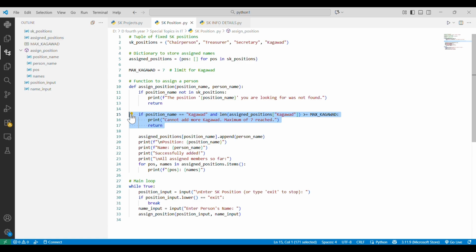Then we add the person to the dictionary list for the position, and print the position, the name of the person, and all assigned members so far. If the user inputs an existing position from the tuple, the user needs to enter the position and the name, and after that it will print successfully added. Input loop.